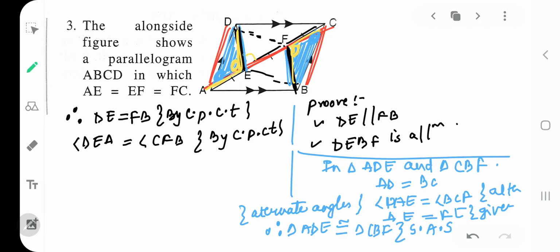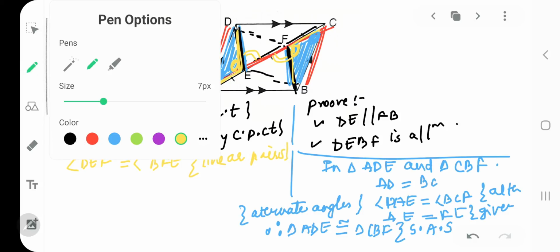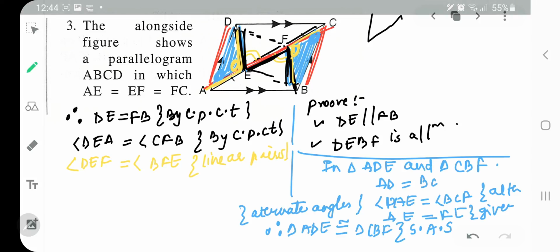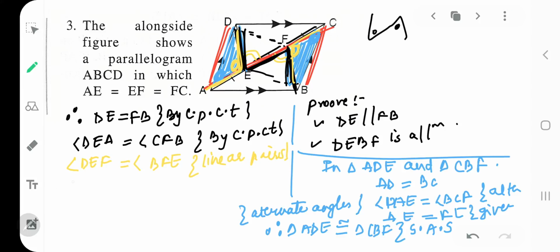will their linear pairs also be equal? So can I say angle DEF is equal to angle BFE, linear pair? If two angles are congruent, they are equal, their linear pairs will also be equal. So linear pair. Once you got that, you will notice that these are also alternate angles, Z forming angles. Can you see that? And once you got that the Z forming angles are equal, you will write but they